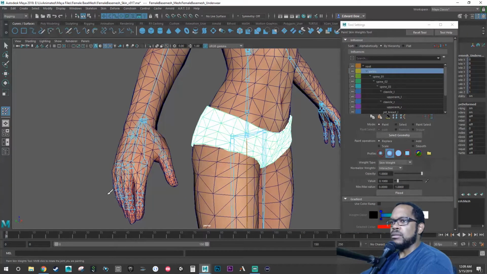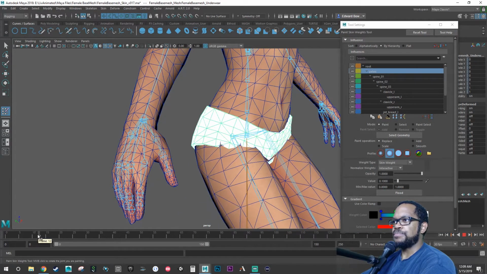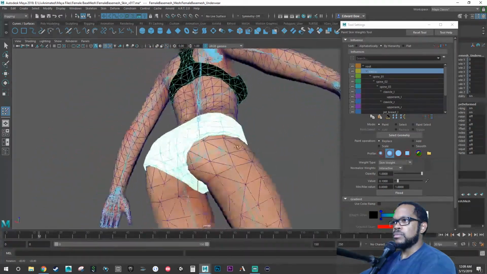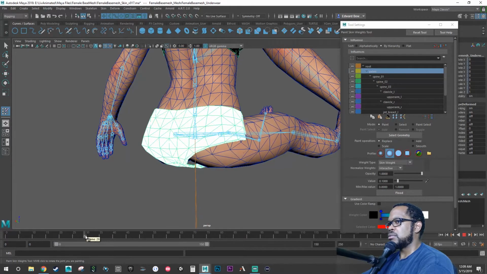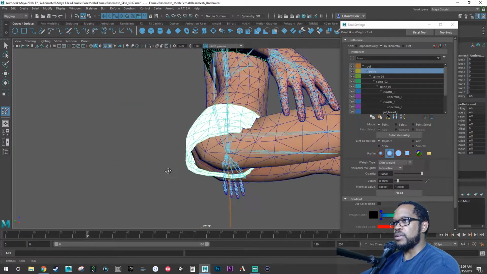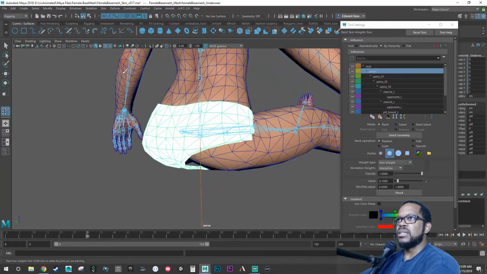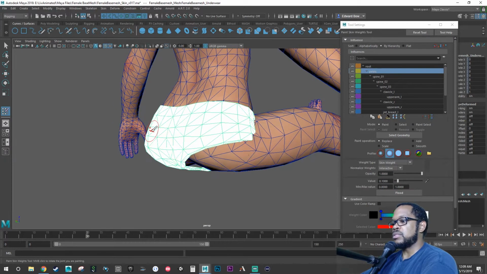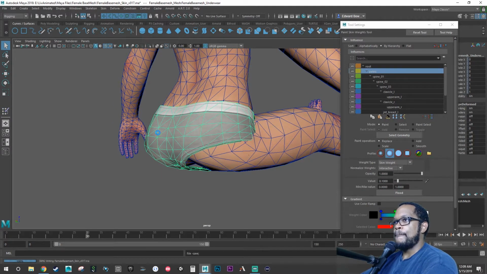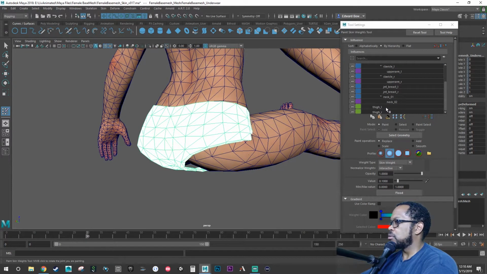Let's start moving the keys up a little bit. All right, let's actually move the keys up a lot. I think we were at frame 30, so go to frame 30. And you see how there's like a huge gap here. We're going to want to paint on that. Let's hide our joints. It's going to save again. And we are going to want to work with, if we scroll down,